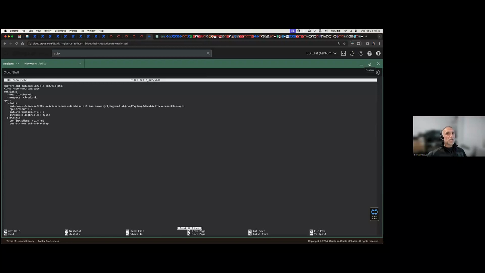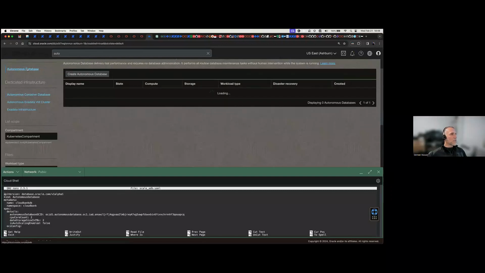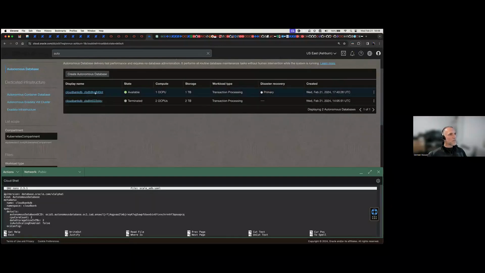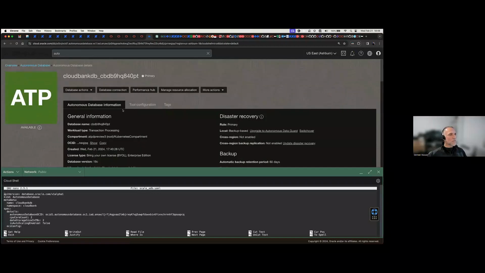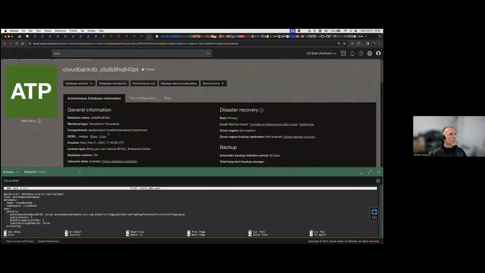So what I'm going to do right now is get the OCID of the database. You can go here. Let's see if I can copy it. You can copy it from here, or you can also use the command line to actually fetch it.